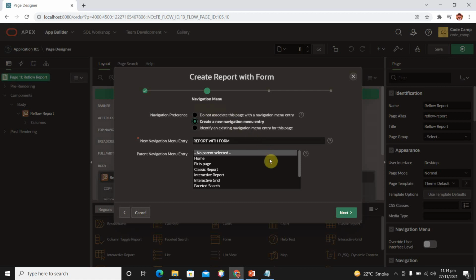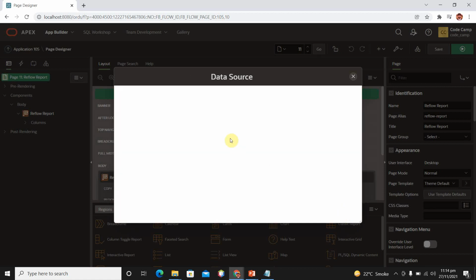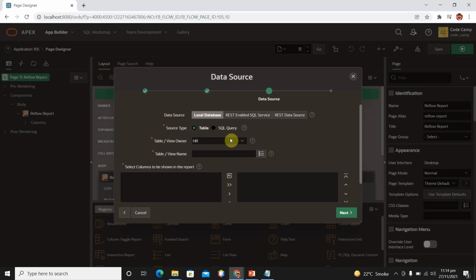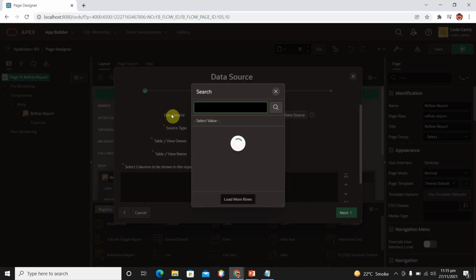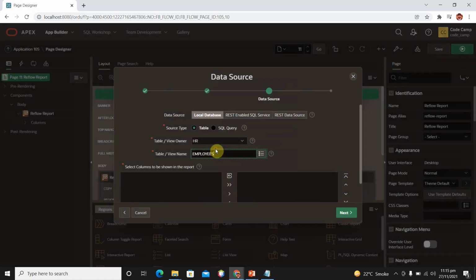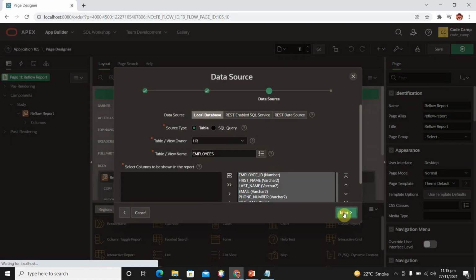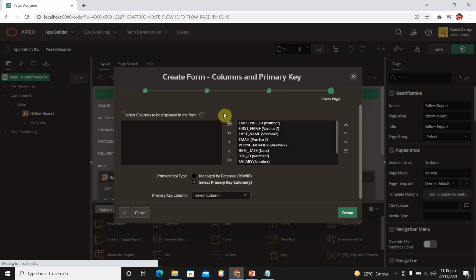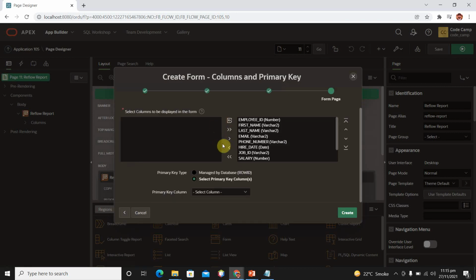Next, select create a new navigation menu entry. Next, and here we need to provide a data source. We are going to show and create new entries for our employees table, so select employees and next. Here we have the option to choose a primary key.